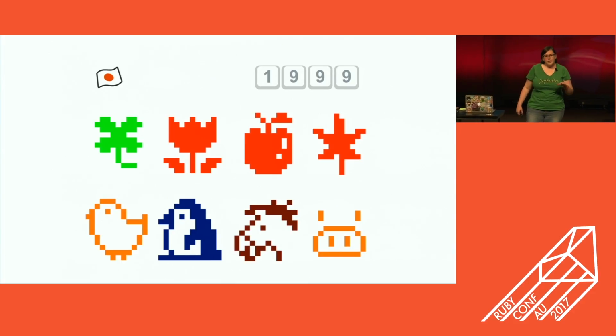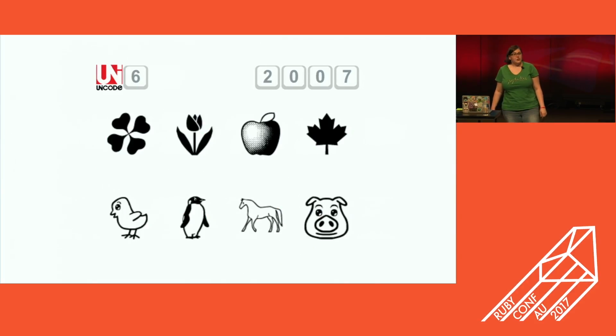This is around the time that the Unicode standard was being proposed, and so people went, hey, can we have these cool little characters in the Unicode standard? And the Unicode Consortium went, no. So they tried again in 2007, and they said yes. So now in the Unicode standard, you can have penguins, apples, maple leaves, and nothing happened until Apple came along